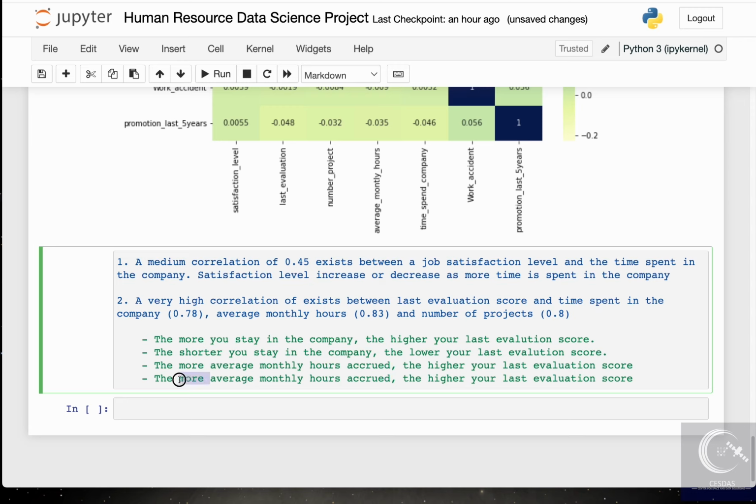And the inverse is true. So the fewer the average monthly hours accrued, the lower